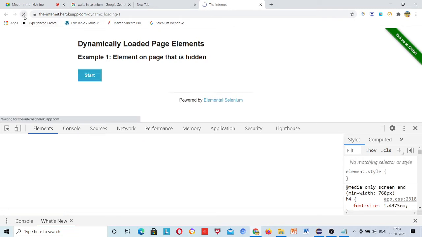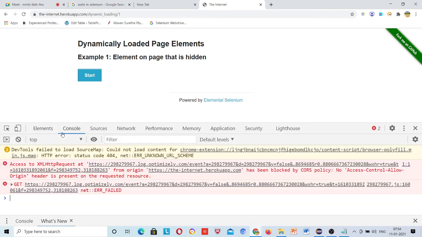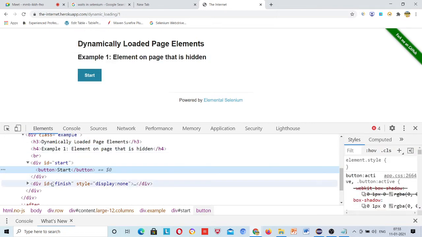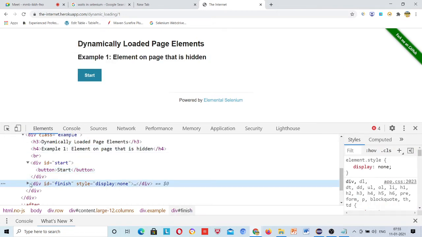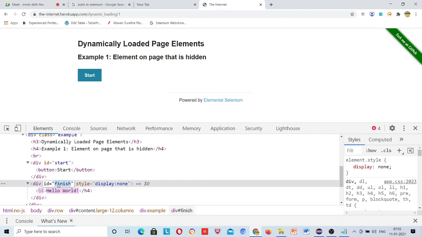Let me reload it and see. I want to find hello world here, right? And let me write a locator for it. id is equal to finish, or let me just use h4 hello world, right? id is equal to finish, right?